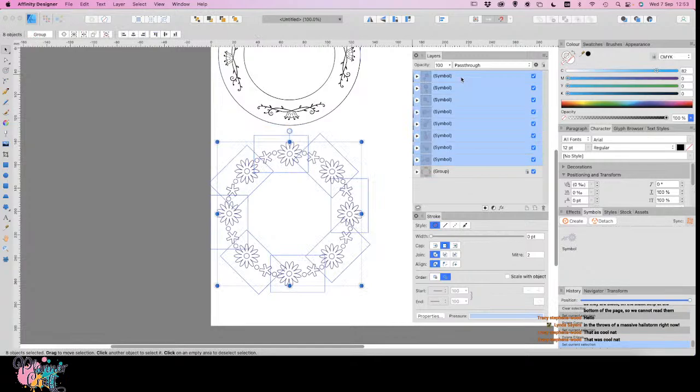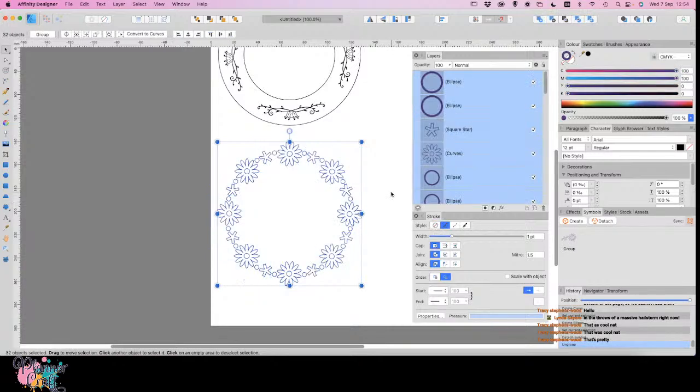So what do we do with these symbols so that we can actually then send those to our machine? If at the moment we were to export this to SVG, it may or may not work, but just to make absolutely certain, what we want to do is detach, and they're all going to go to groups instead. But you'll notice that you've still got that symbol in here if you need it. I'm going to ungroup it all, so Command Shift G on a Mac and Control Shift G on a PC,